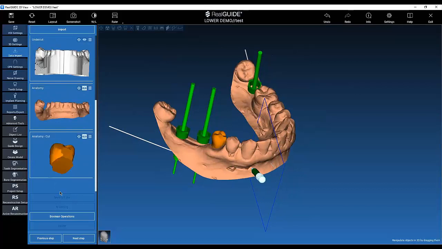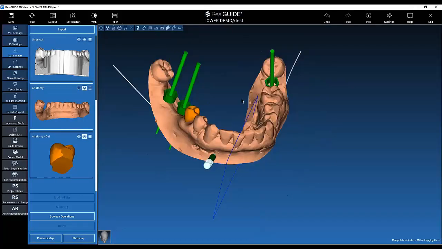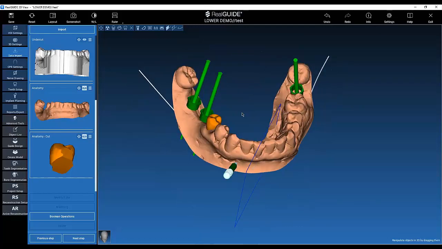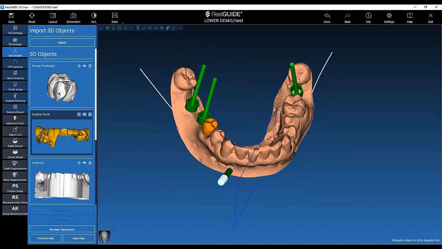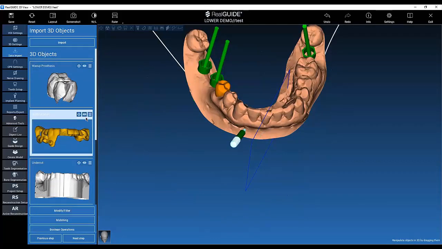Okay, Boolean operations. I need an object to subtract from this one. So, okay, let's suppose I want